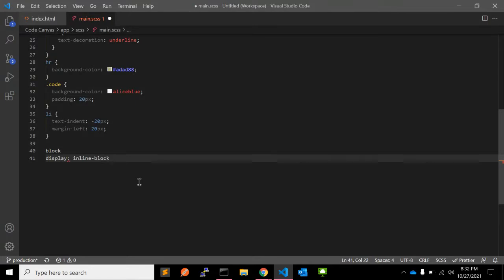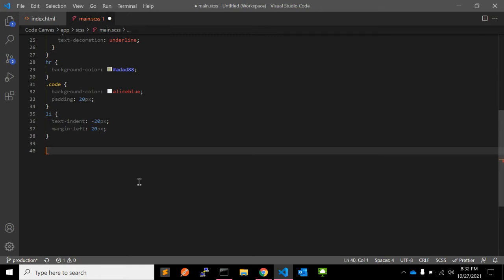Also, you have to note that not all properties can be used in a rule set containing the first line pseudo element. Mostly, you can select an element, for example a class name, and then the first line.